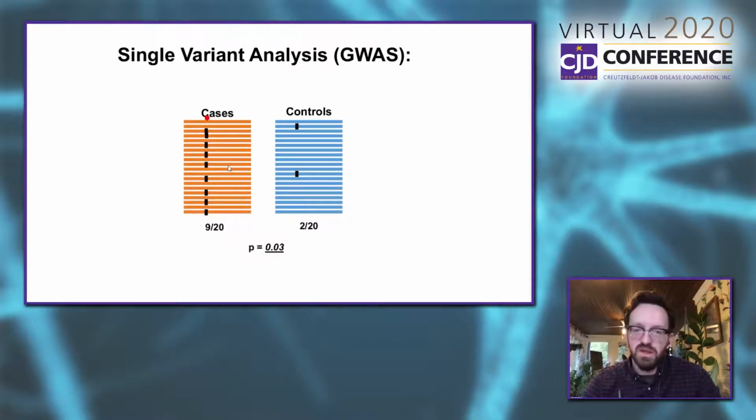And so what we can do is simply run a Fisher's exact test or a chi-square test comparing the relative frequency of a given genetic polymorphism in those two groups and derive a p-value of the probability of that occurring by chance. And so if that's very low, then the probability is significant